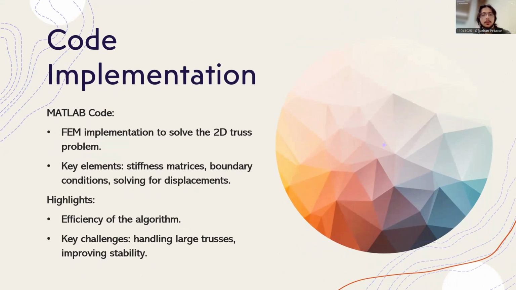The core steps included: we created an element stiffness matrix for each bar in the truss. This matrix describes each bar's resistance to stretching or compression. We assembled these individual matrices into the larger global stiffness matrix, representing the overall stiffness of the entire truss structure. We applied boundary conditions to tell the program which points on the truss are fixed, which is critical for accurate